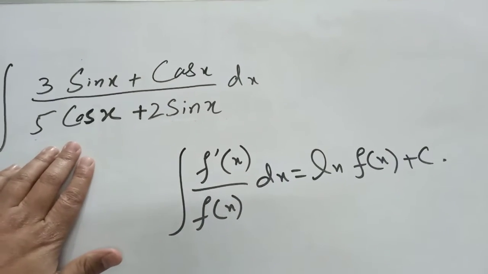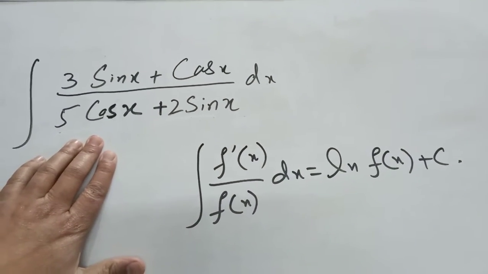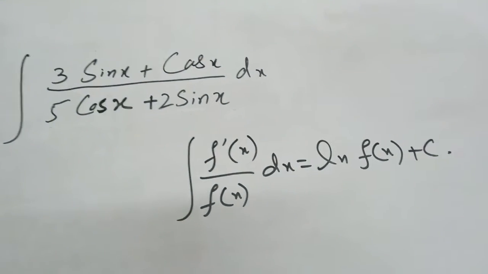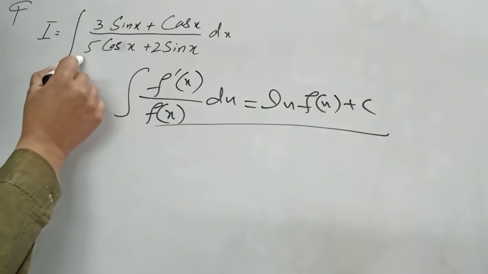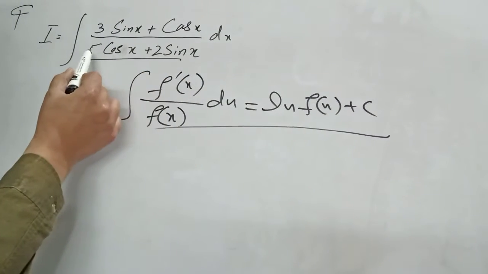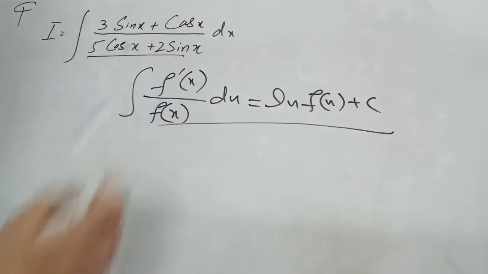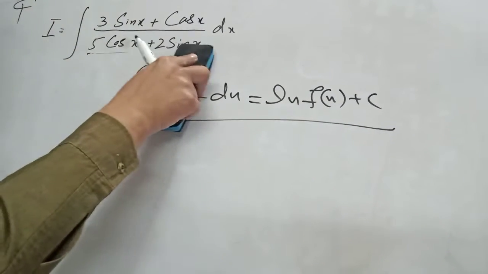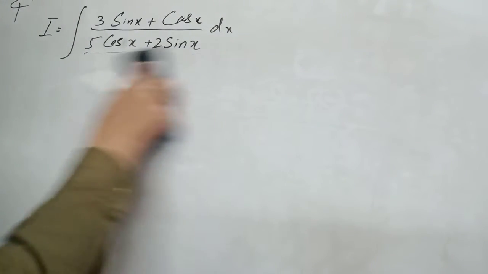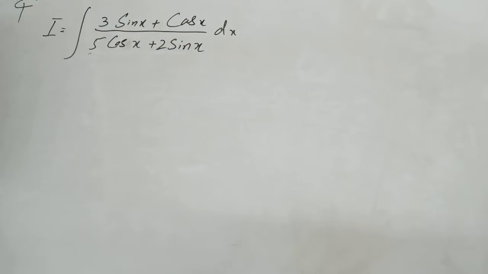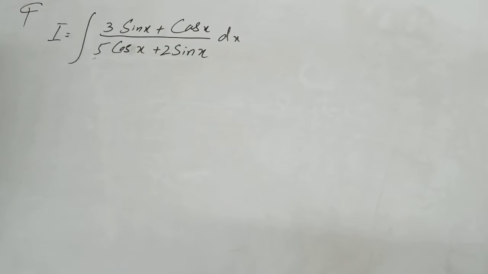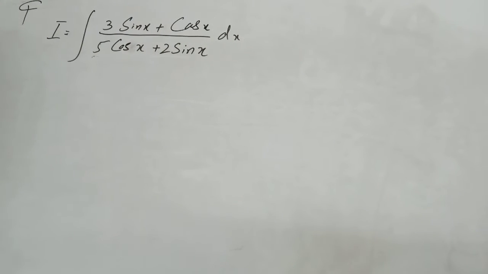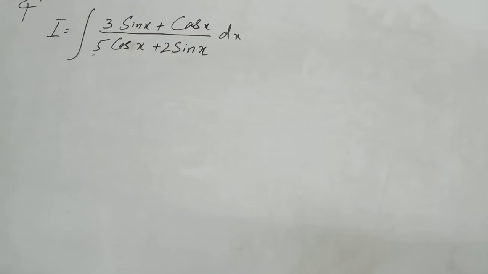We have a rational function, and in most of these rational functions people try to use this formula for integration, but in this case this formula is not helpful. Here we have the function, and its derivative is not given in the numerator. In such problems we are not going to use this formula, so this question is not easy to solve with some regular technique. Here we are going to use a formula which is very helpful in solving this question, and it will take only a few seconds.